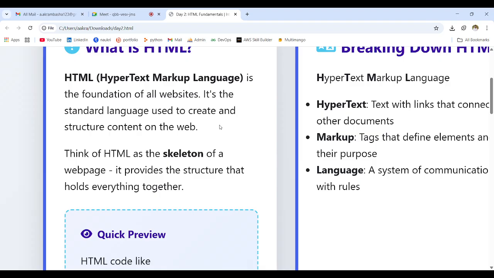In HTML, even if you make any mistakes, it doesn't think. It will automatically follow the instructions which you give. It follows the instructions which you give. It doesn't think at all. Okay,